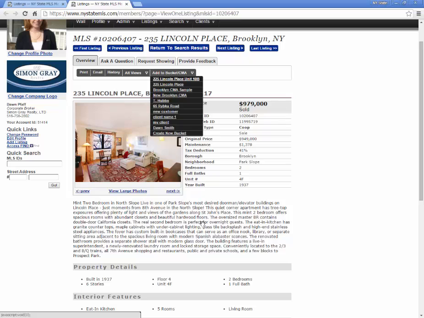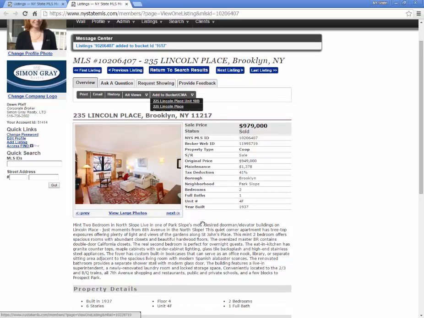And there's 225 Lincoln Place, Unit 10B. That's the CMA I'm creating because that's the name that I gave it when I started. So I'm just going to click that, and it says listing added to bucket 1617. That's the CMA that I am creating. And so now that this comparable is attached to my subject,